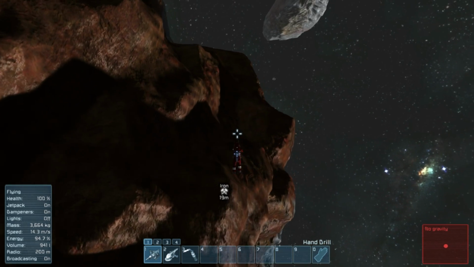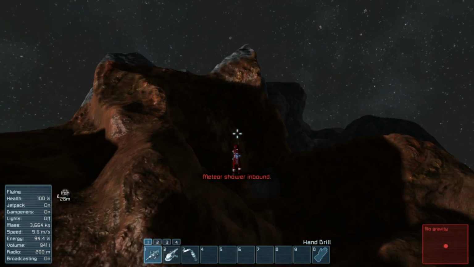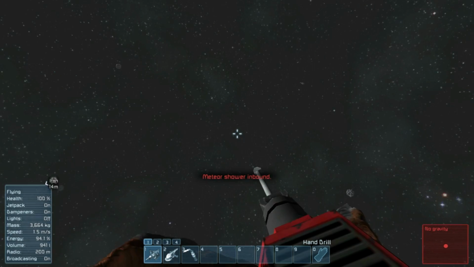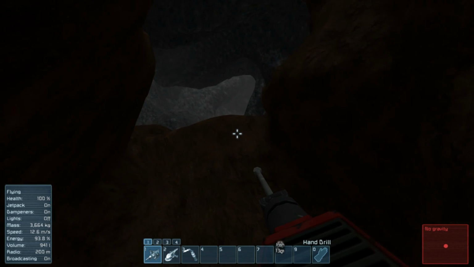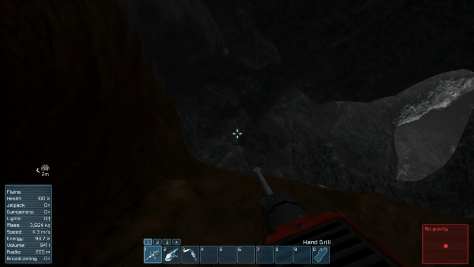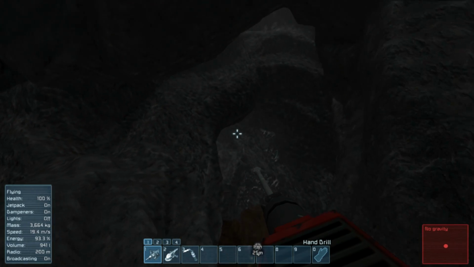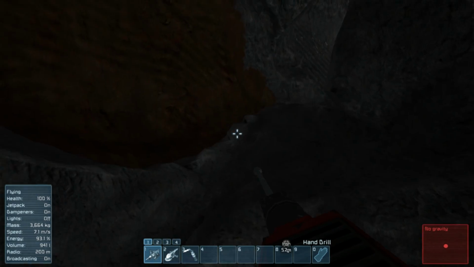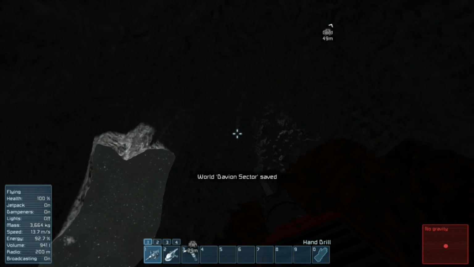Not that I would want to spend any power processing iron in the... Meteor storm inbound. Oh god. Let's get inside here. My ship should be relatively safe. Iron. Not even a small patch of uranium? Lots of iron, though. But iron is not what I need right now. I need,